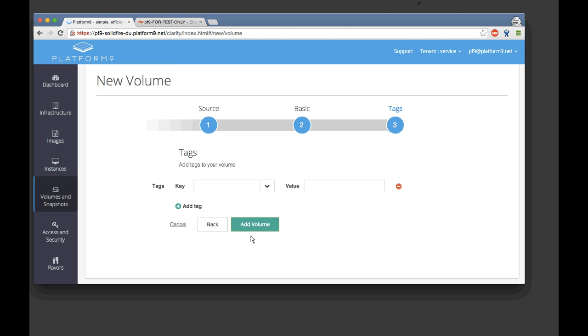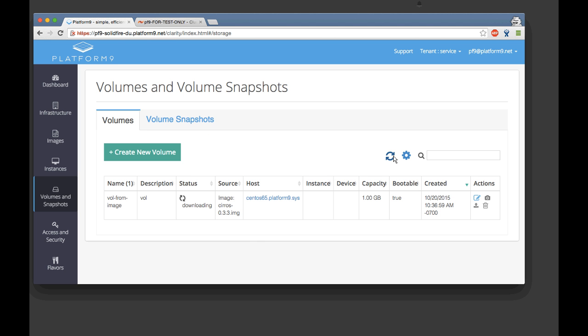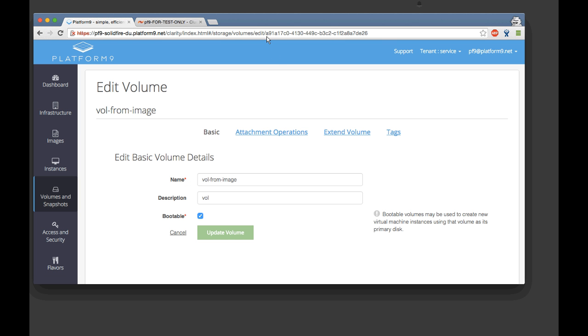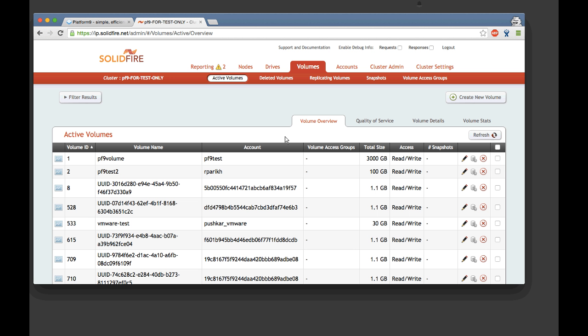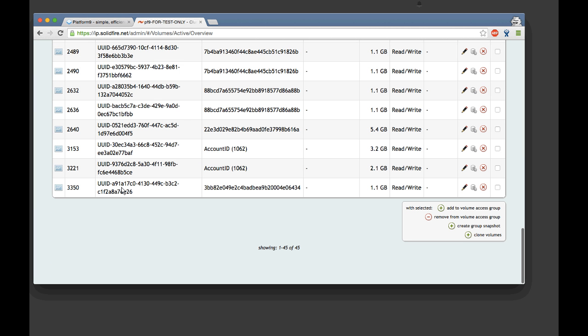What that essentially means is you can bring up a VM without an ephemeral disk, but using a volume which is on SolidFire. And that's going to persist after the VM goes away. As you can see, the volume is being created on the SolidFire device, and it's already done. That's how fast SolidFire is. I click on the edit button, and you can see an ID here. That's the OpenStack generated UUID for this specific volume. And if you look at the SolidFire console, I'm sure John will talk more about it, this is the same UUID that you can see, and a 1 GB volume has been created.